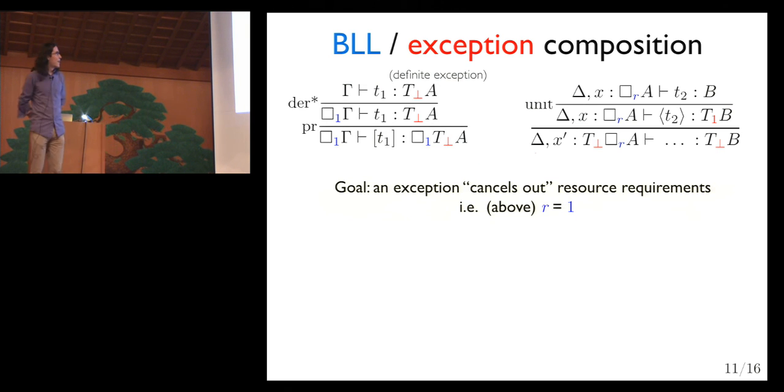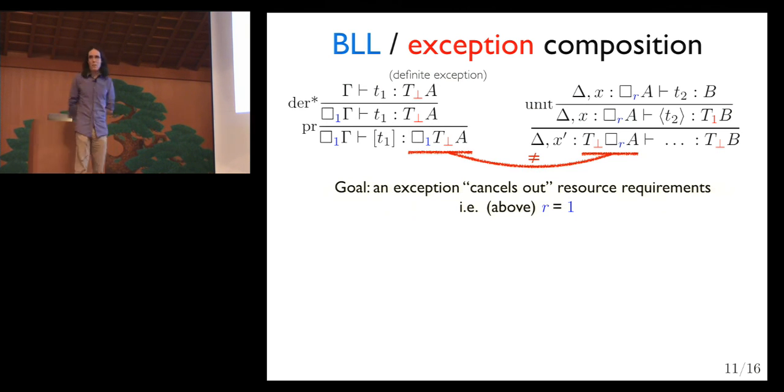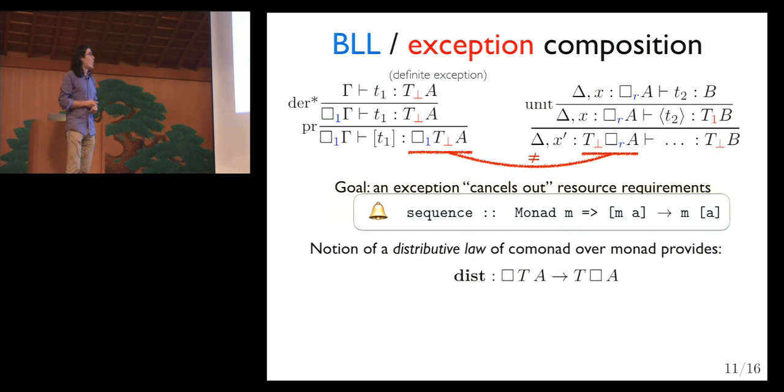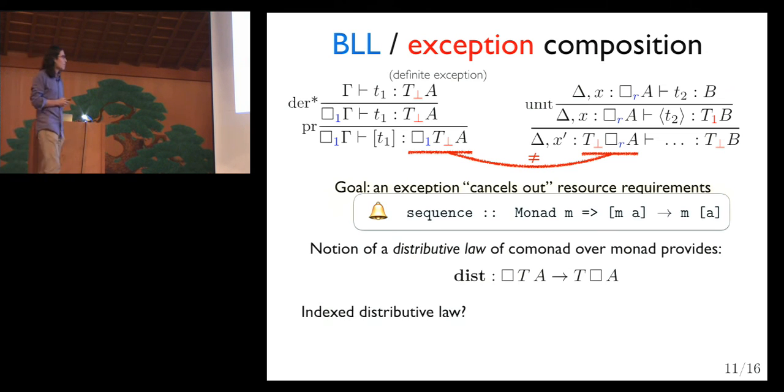But we're not done yet, because these 2 things don't have the same type. We've got box on the outside and box on the inside on the right-hand side. Now, if we squint a little and don't look at the indices, this might remind us of the notion of a distributive law. And in category theory, there's a well-defined notion of a distributive law between a comonad and a monad. Or maybe you're a Haskell programmer and you've seen things like the sequence operation, which is a distribution between the list monad and any arbitrary monad, which is a bit different to a comonad, but I'll come back to that. But this isn't going to work because it doesn't have indices in it.